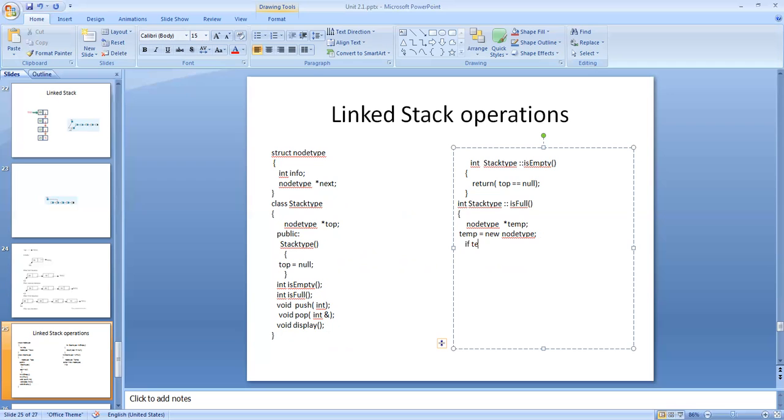If temp is equal to null, return 1, else return 0.